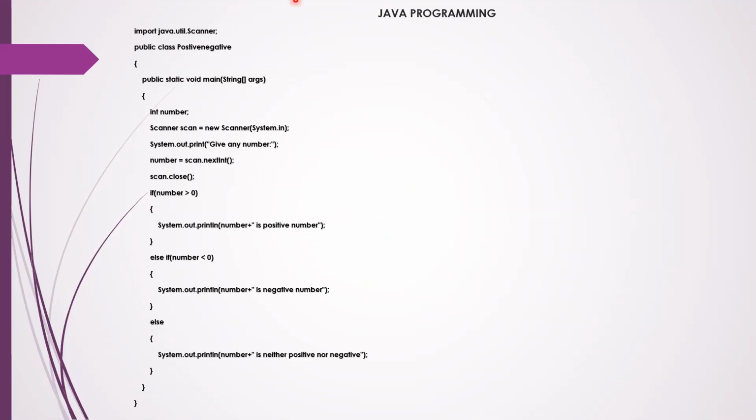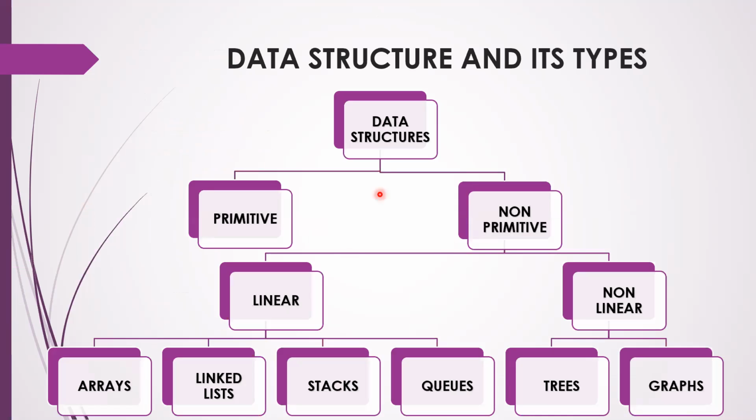And we saw the Java program for it, to check whether it's a positive or negative number. Based on the algorithm we have written, we have mapped it to the programming language. So first we are getting the number. For that we are using the Scanner and System.out, getting the number, and then we are checking the conditions.